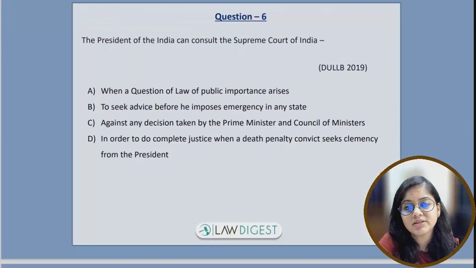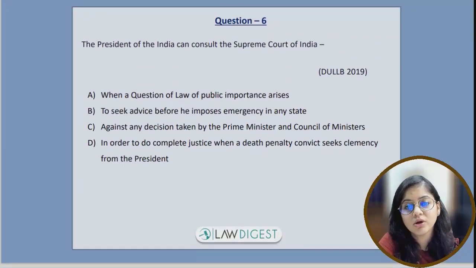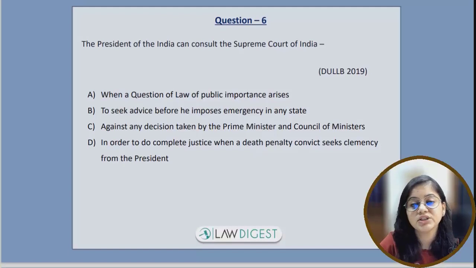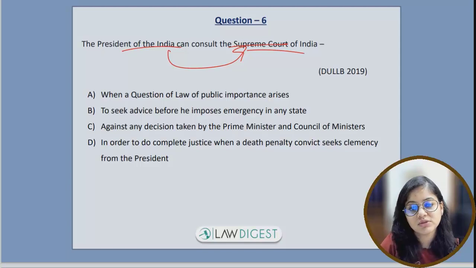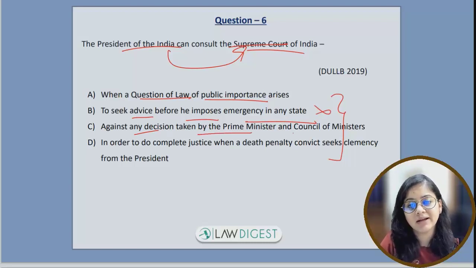The next question is, the President of India can consult the Supreme Court for what? So President जो है वो सुप्रीम कोर्ट की एडवाइस ले सकता है in what kind of matters. We have to see these options. When a question of law of public importance arises, to seek advice before he imposes emergency in the state, ये correct नहीं है. Any decision taken by the PM and the Council of Ministers, ये सुप्रीम कोर्ट को रेफ़र करने की ज़रूरत नहीं है obviously. Then in order to do complete justice, when a death penalty convict seeks clemency from the president, तो